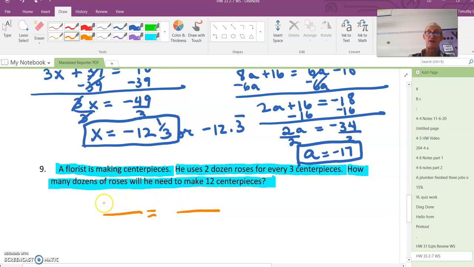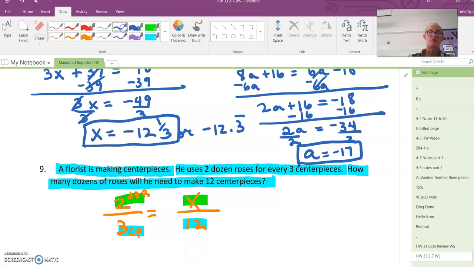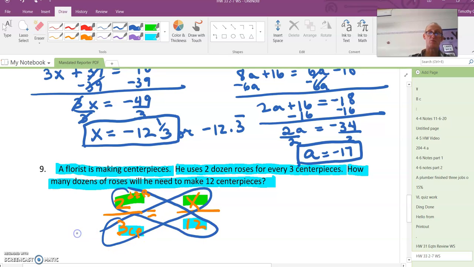And you have to think about centerpieces and roses. So it's 2 dozen roses for 3 centerpieces. So centerpieces and then dozen roses is equal to how many dozens of roses? So the top with the top, right? Dozens of roses, divided by 12 centerpieces. Okay. So then this gives us the proportion that will give us the equation when we apply the cross